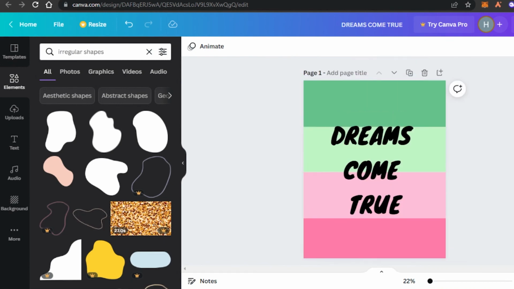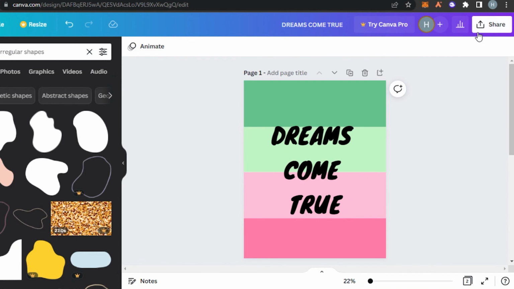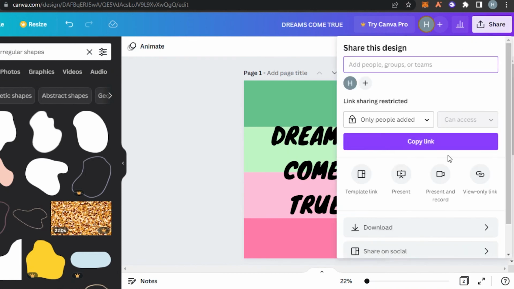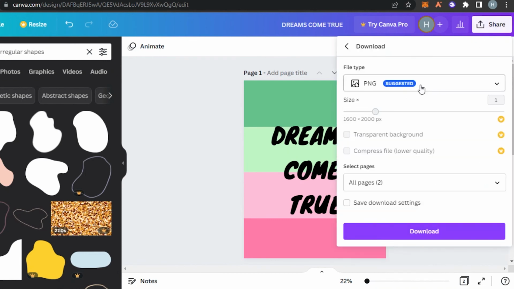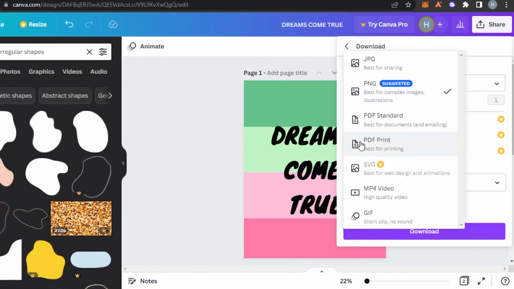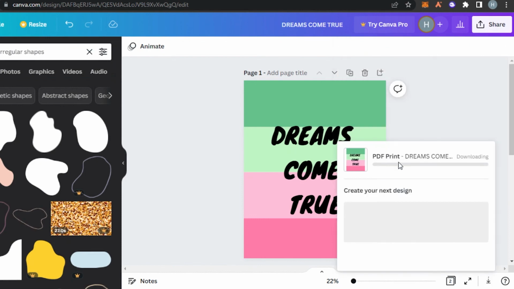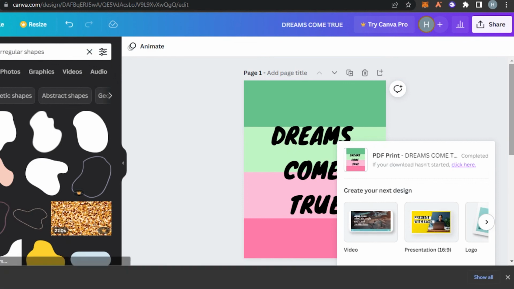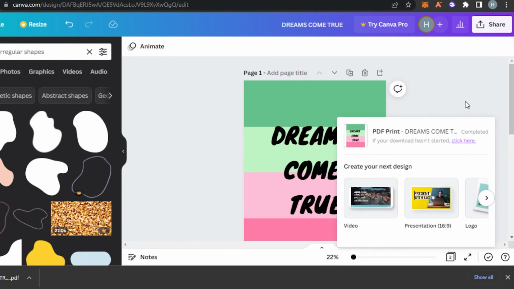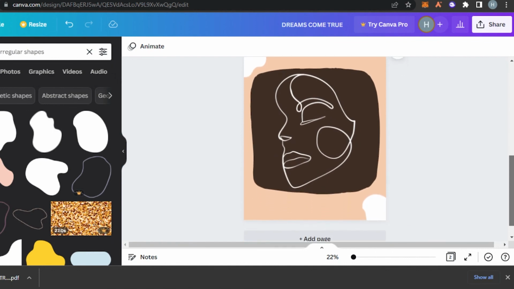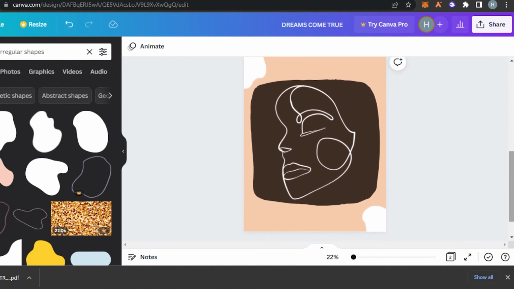Once you're done with the wall art, all you have to do is simply click on this share option right here and then click on download. So you will find the option right here. You have to download it as a PDF print because this is best for printing and it is going to be a printable art. So make sure that you download it as a PDF print. Once it's done, simply click on download and your wall art will be downloaded in minutes, and you will be able to sell your wall art or maybe decorate your wall with the best wall art that you have created